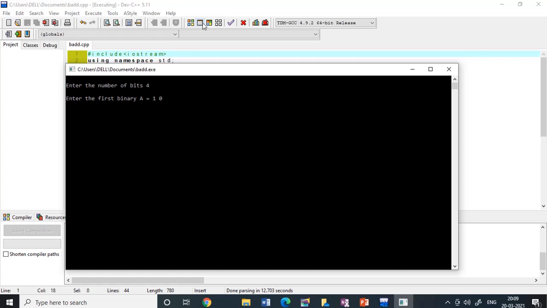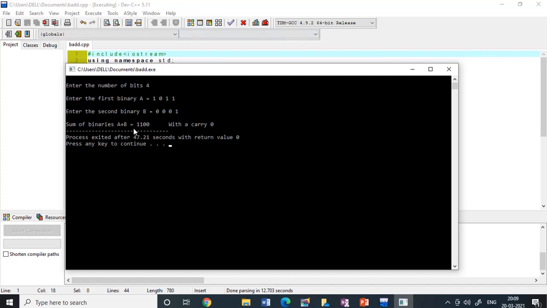Therefore 1 0 1 1. Now enter the second binary. The second binary also you have to enter separated with spaces. Say it is 0 0 0 1. The sum of binaries is 1 1 0 0.